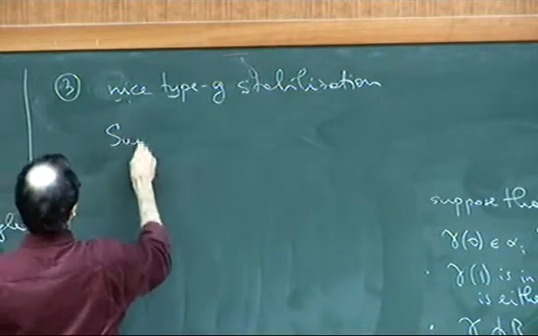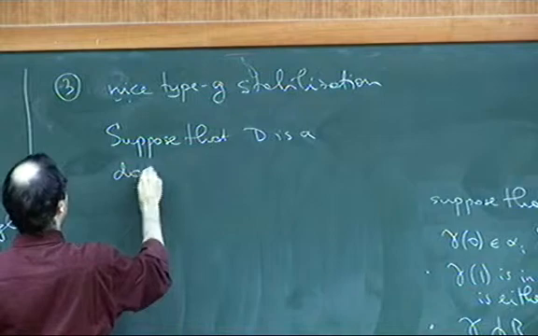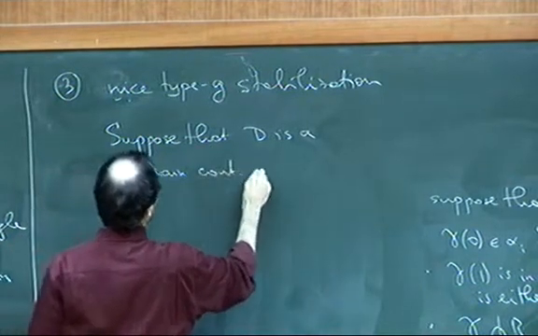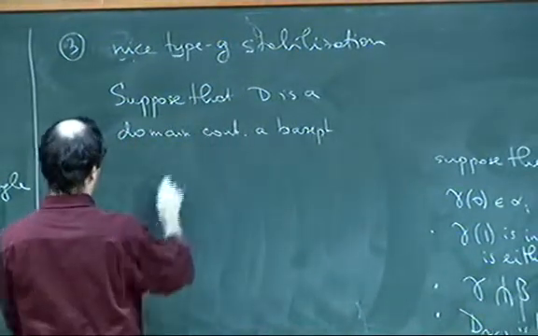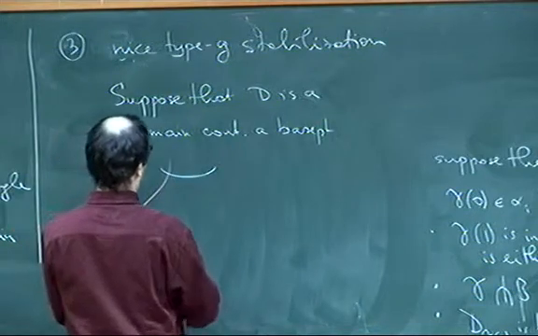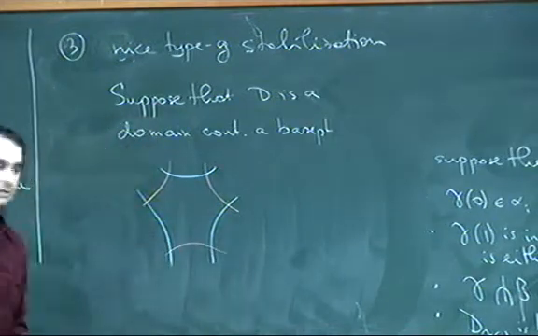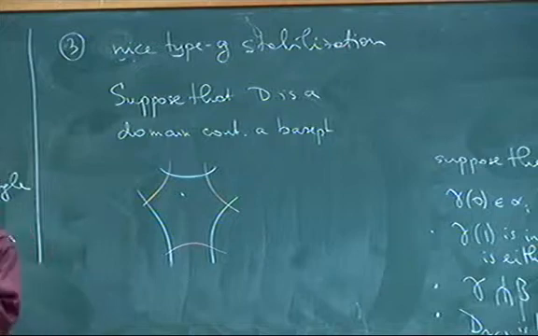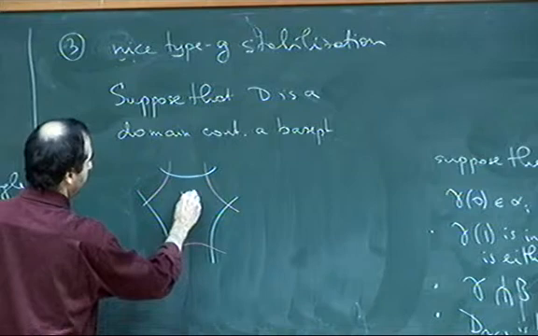Suppose that D is a domain containing a base point. So it looks like this. Whenever I put a base point, I draw a polygon with many sides, but it's not necessary. Bigons can have base points and rectangles can have base points. The only thing which is not allowed is a polygon with lots of sides that doesn't have a base point. And so a type G stabilization is just